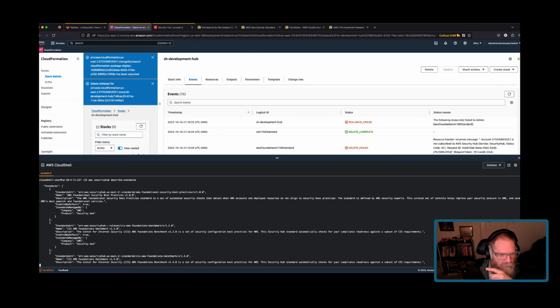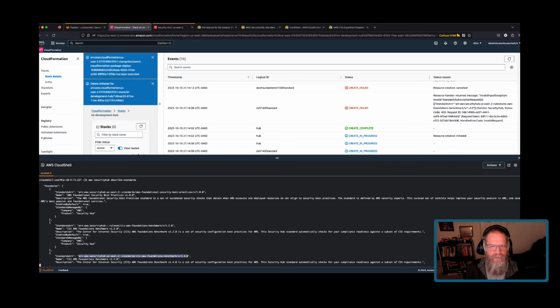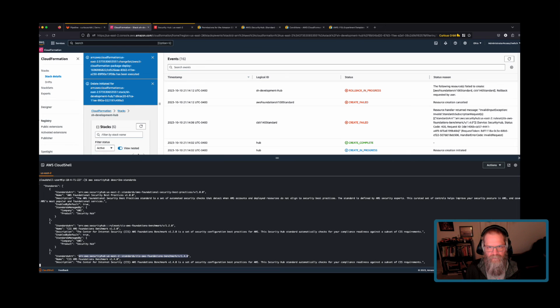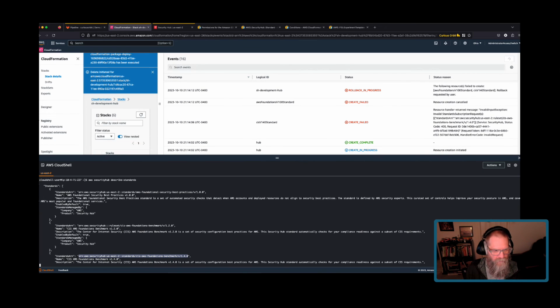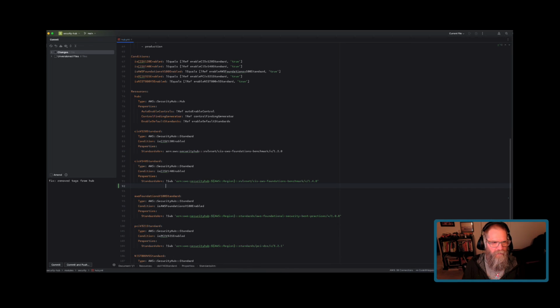So it was complaining about this one. Didn't like the CIS. So if we look at the error here, that's our logical ID that threw the first error. And because this one failed, it canceled all the other ones. So let's look at that and just check that we got this correct. There it is. And we'll do the old popular sub, dump that here, make this